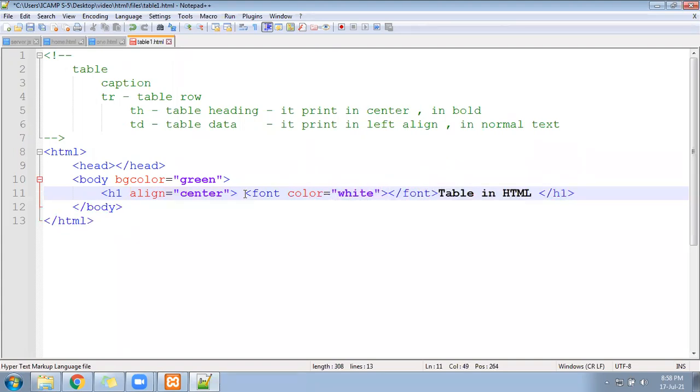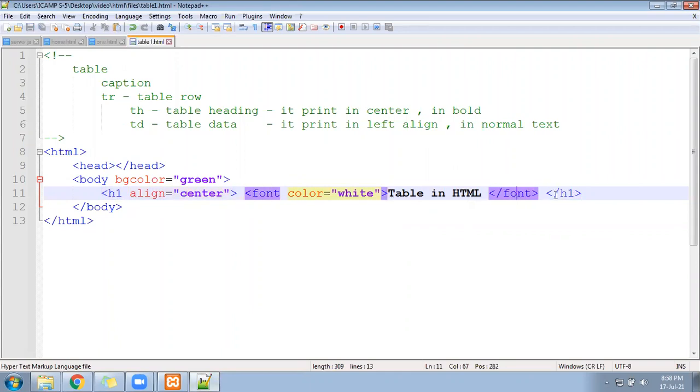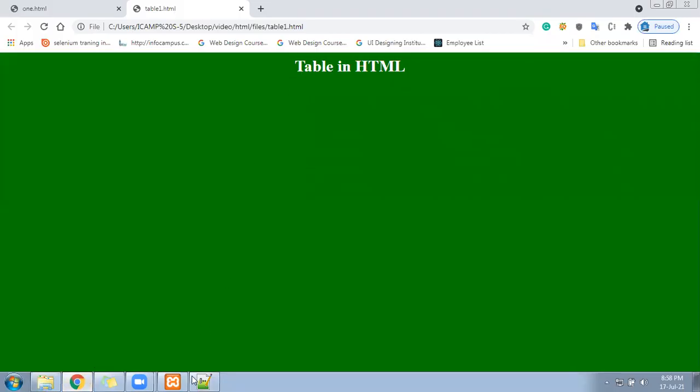Okay, and this font has to close after the text. Now after that, let me run this file and show you how it looks. Coming in white color, table in HTML, right? So you saw how it is happening. It came in white color, right?